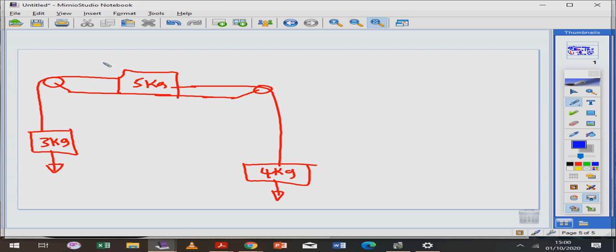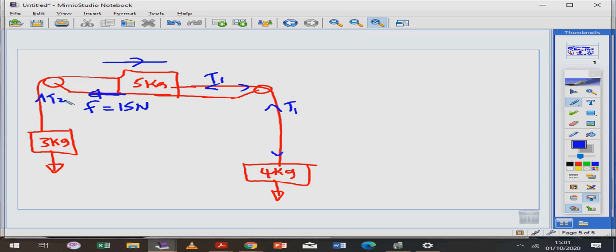There's a friction force on the table. Again, the system is moving to the right, but there's a friction force on the table, and the value of that friction force is 15 newtons. Your task is to find tension 1,